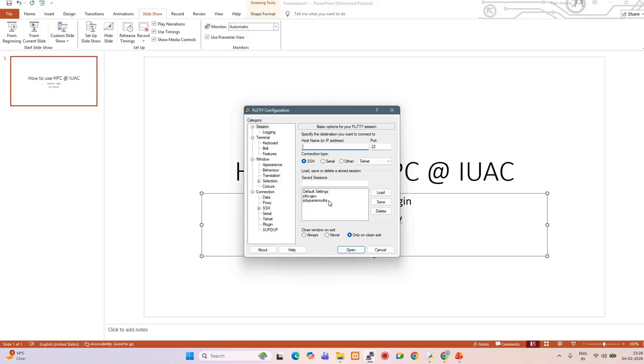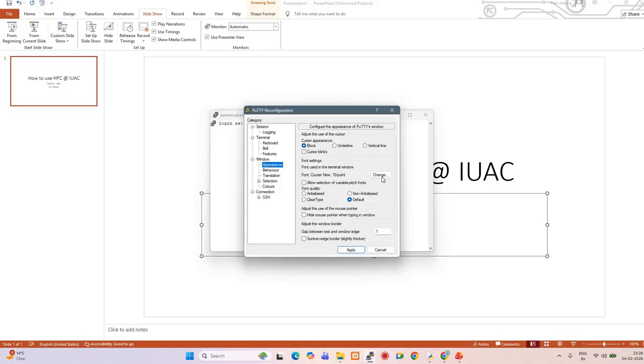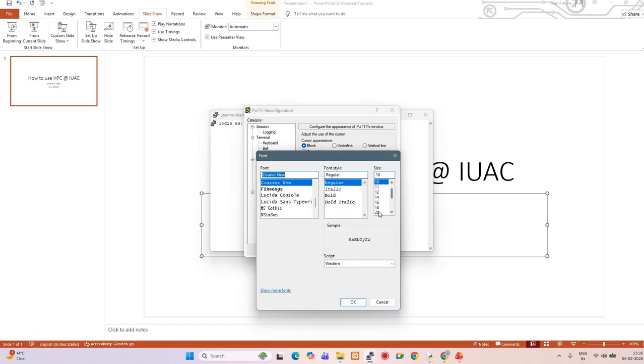I am going to use it. So I just say param.rudra.iuac.res.in. When you are accessing from outside, the port has to be 4422. So just open that. After that, you get a putty screen and you can make the font bigger by